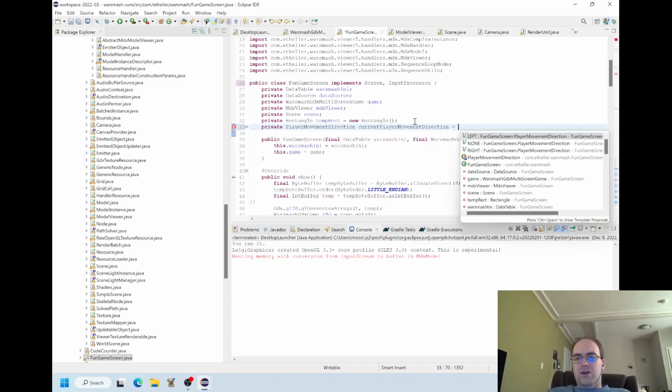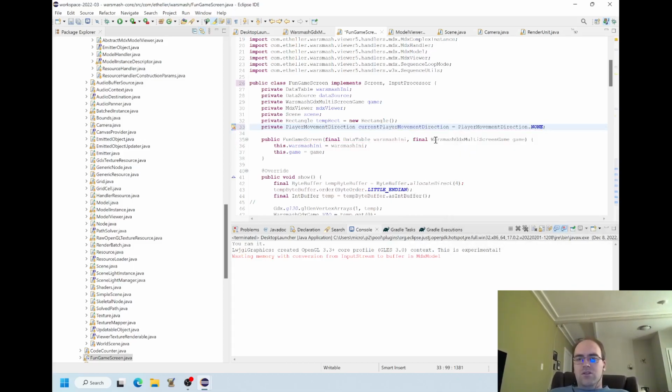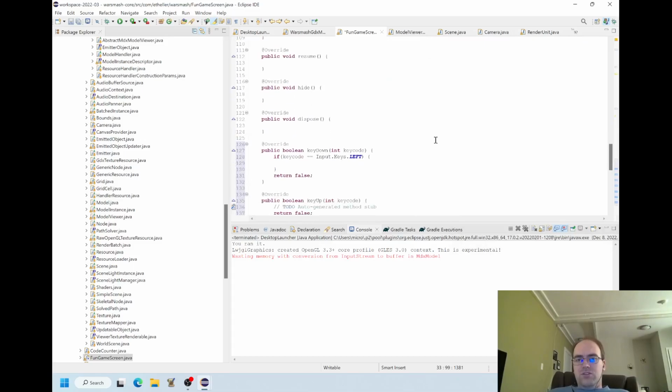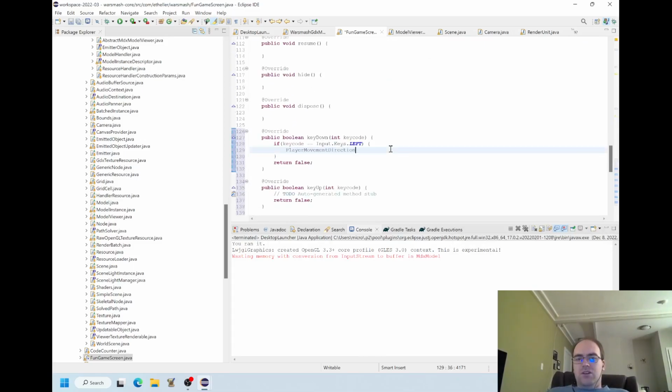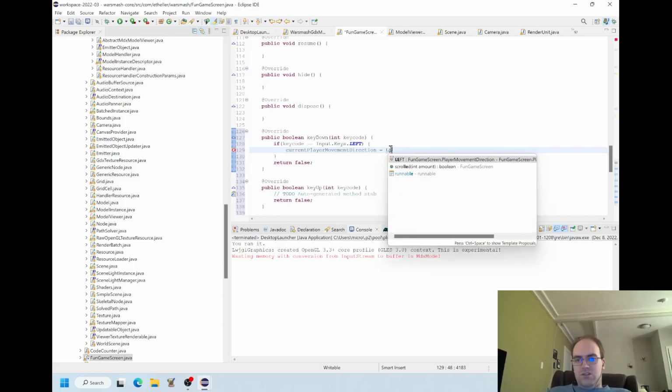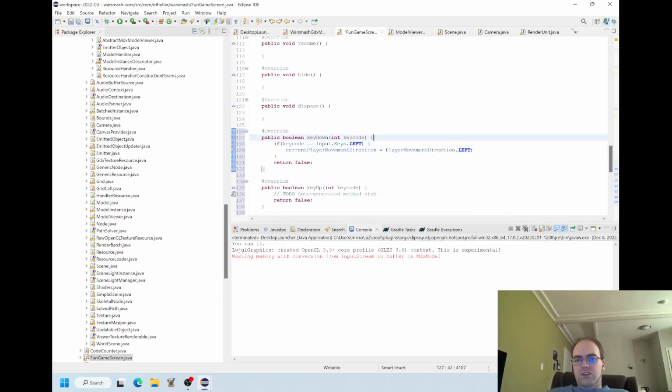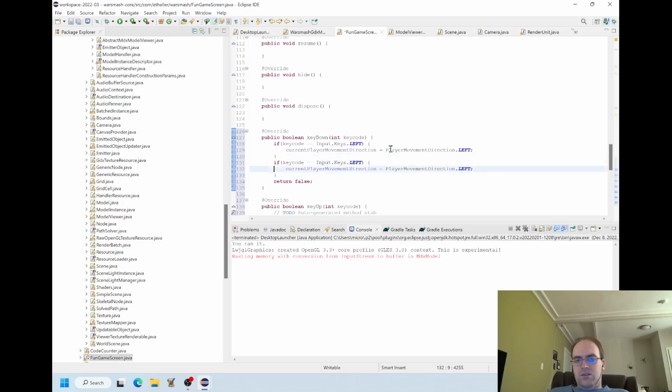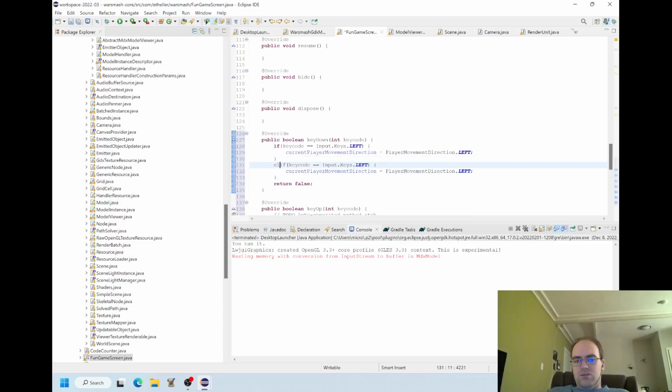And this thing by default is going to be none. But if you start moving, if you do that key down equals left, then current player move direction is going to equal left. And it's the very same idea, like if the key code is to the right, then player move direction will equal to the right.